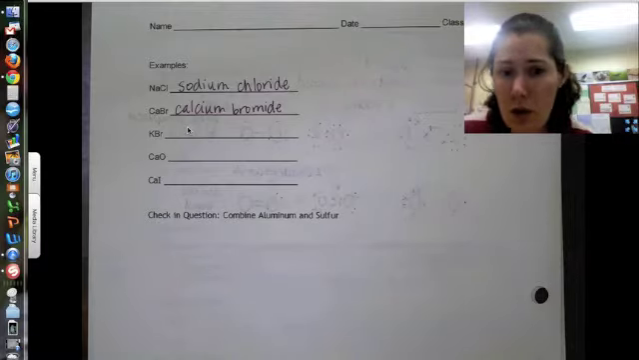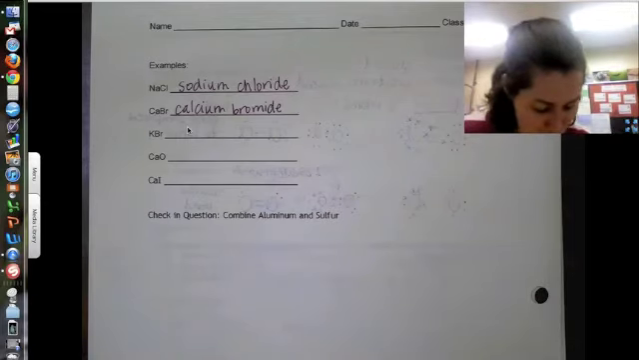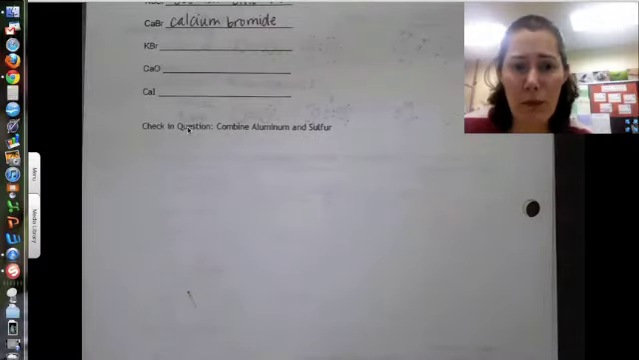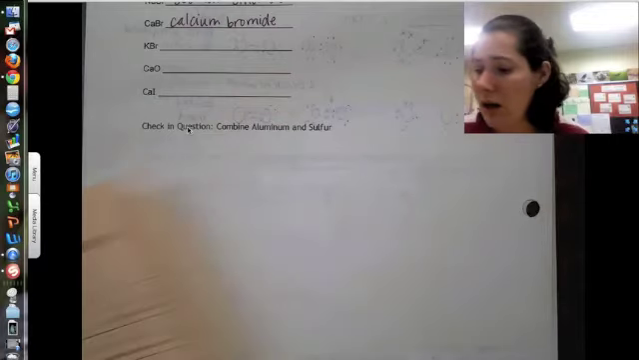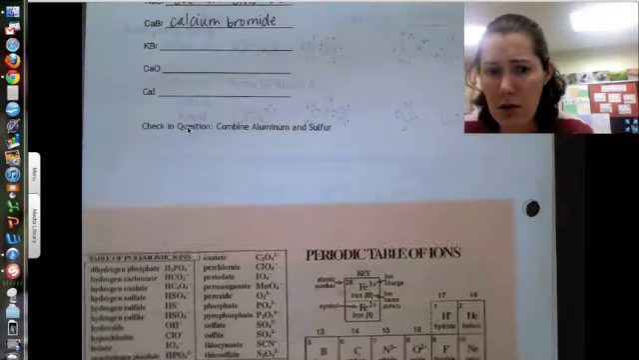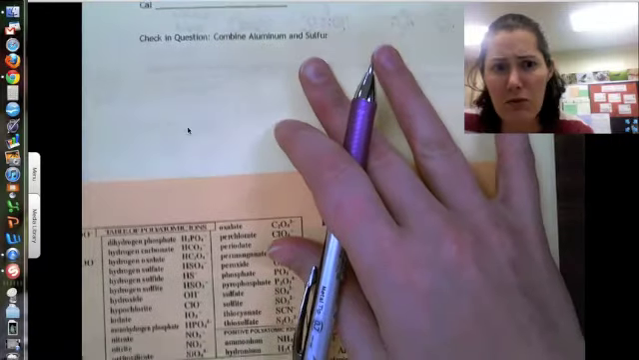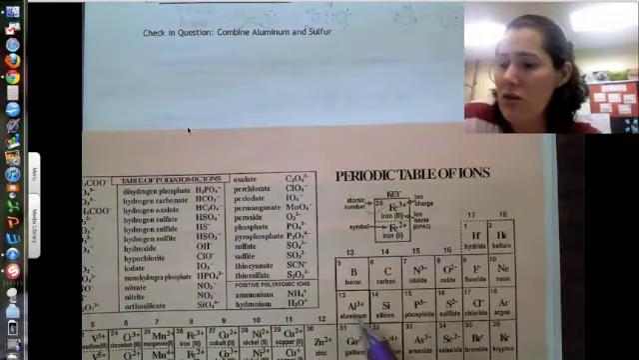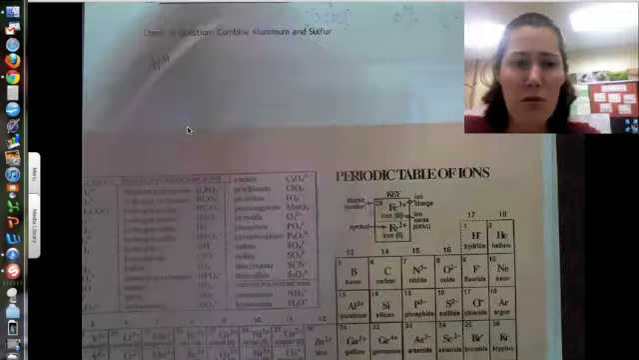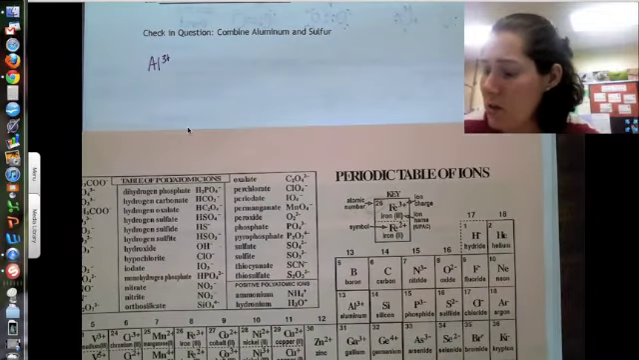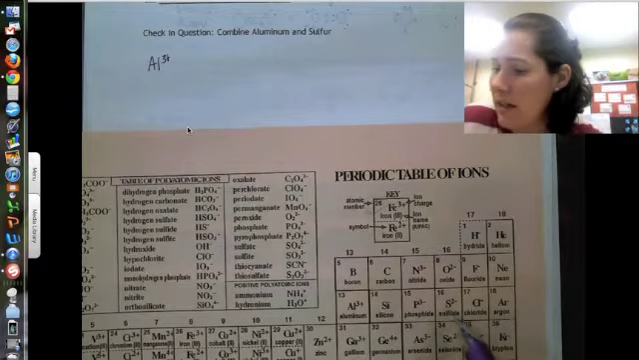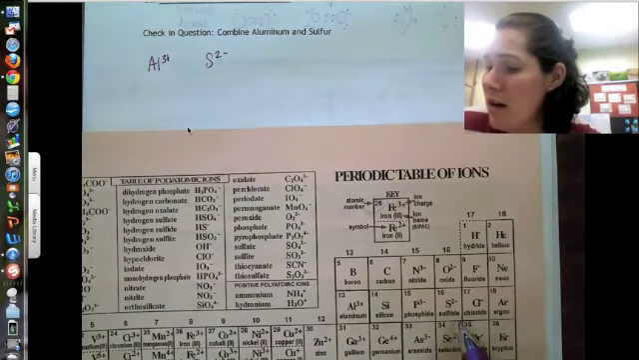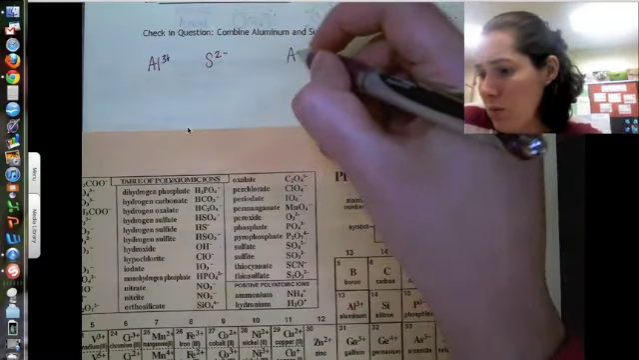All right. So let's do the little check-in here, which is to combine aluminum and sulfur, and then find the name for aluminum and sulfur. To do that, we'll find on the periodic table of ions aluminum. We've seen aluminum before. Here's aluminum right there. It has a charge of 3+, so I'll put aluminum 3+ right there. And then in this case, we're doing sulfur, and sulfur as an ion has a charge of 2-. Notice also that sulfur is called sulfide. So we can name it already, which would be aluminum